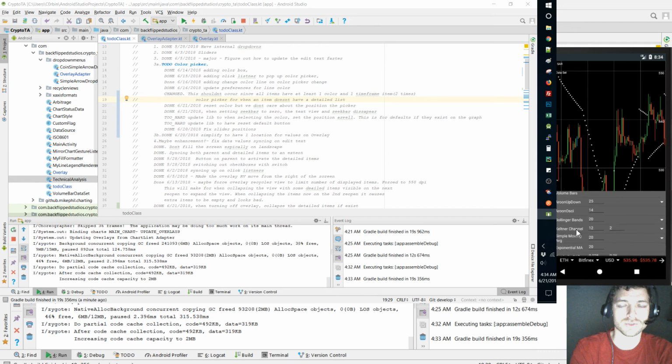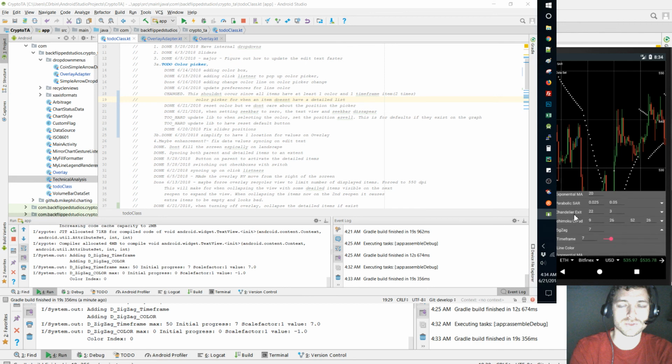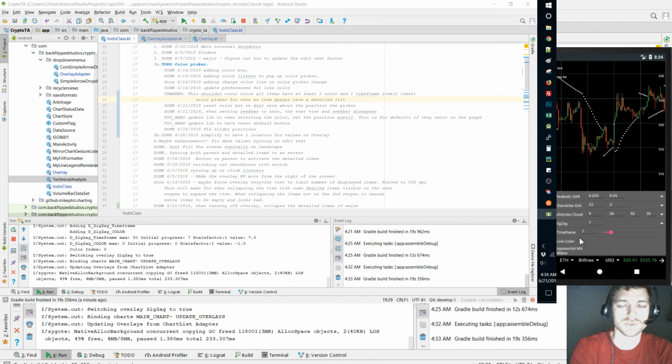Okay, so zigzag should be at the bottom. Time frame and line color. And so we should be able to